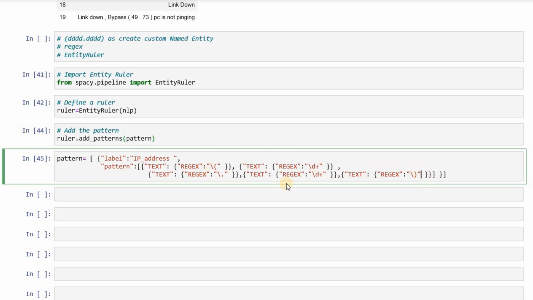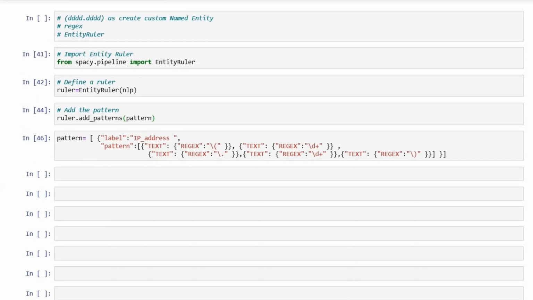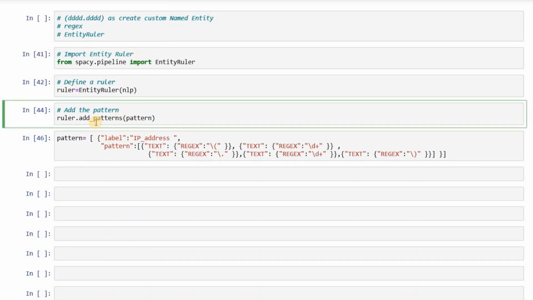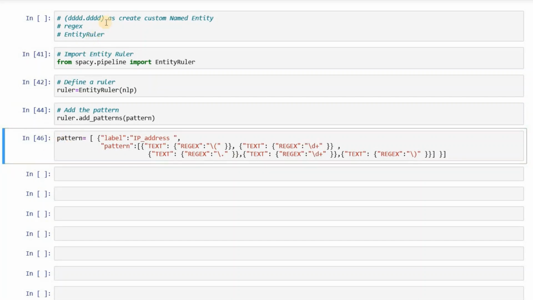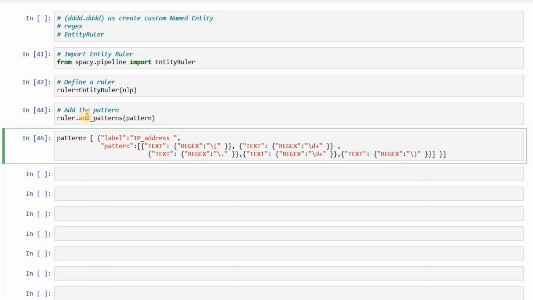So this is the pattern that I want to search, and I would like this to be called the IP address. So the pattern is ready. I have added this pattern in. Actually this pattern should be above this, otherwise we could get an error. Anyways, I have added this pattern to the ruler, so my ruler is ready.